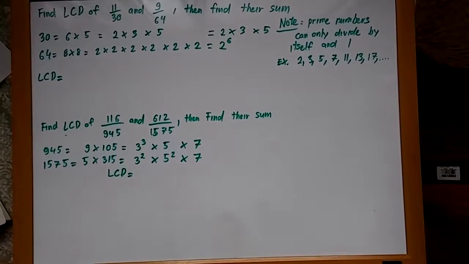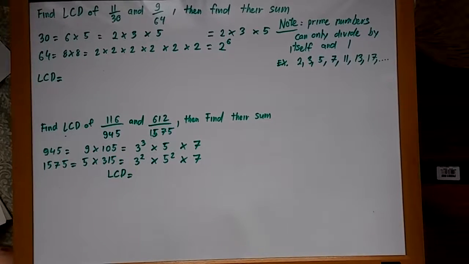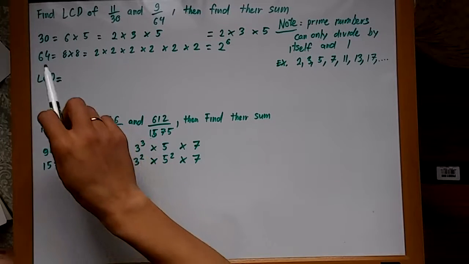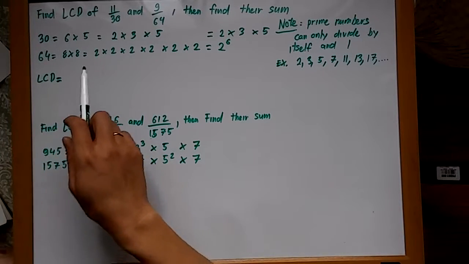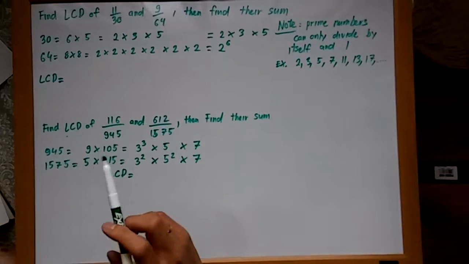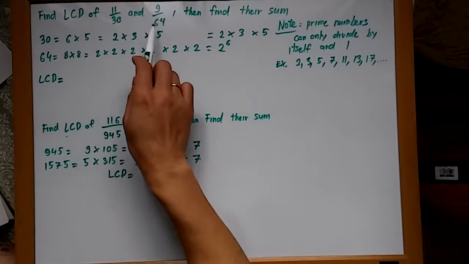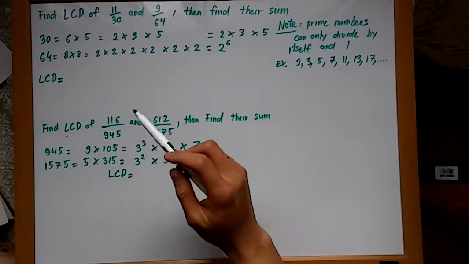For this video, we're going to go over how to find the least common denominator of larger fractions and then find their sum. So our first problem here, find the LCD of 11 over 30 and 9 over 64 and then find their sum. So in order to find the LCD of 30 and 64, which are large numbers, we